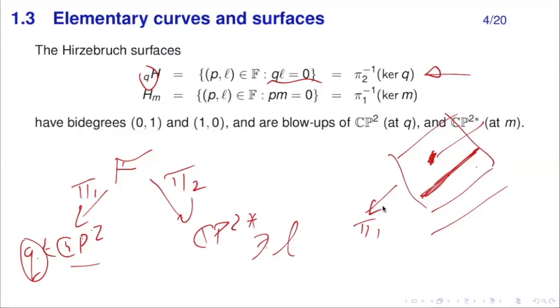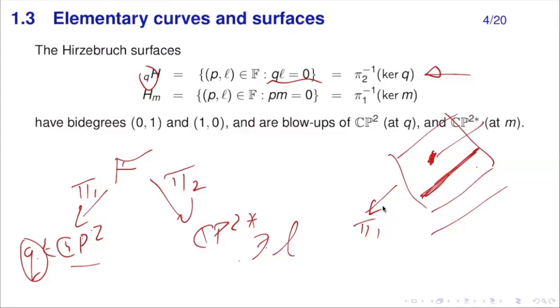surface. So what's going on here is we're just really blowing up. If we use pi, the first surface is just the inverse image of a line under pi2. It's really just blowing up the point Q relative to pi1. So we just get this Hertzsprung surface of first type in which we've just taken CP2 and blown up one point. Or we can do exactly the same thing on the other side and blow up a point of CP2